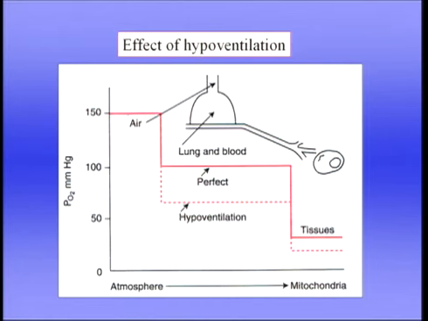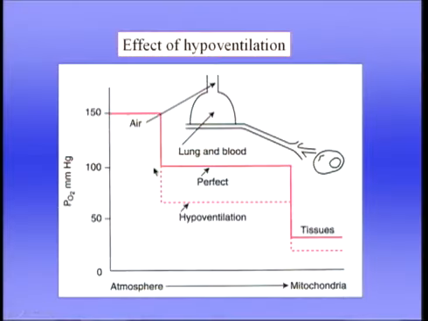As a matter of fact, the CO2 production and the oxygen consumption of the lung are pretty much set at the normal levels at rest, and there's not much you can do about it. So the oxygen level and the CO2 level are normally 100 and 40 respectively, and hypoventilation, as we can see, because it reduces the level of ventilation, is going to reduce the PO2, in this case down to about 60 millimeters of mercury. Well, just as hypoventilation reduces the level of oxygen, so it increases the PCO2 in the alveolar